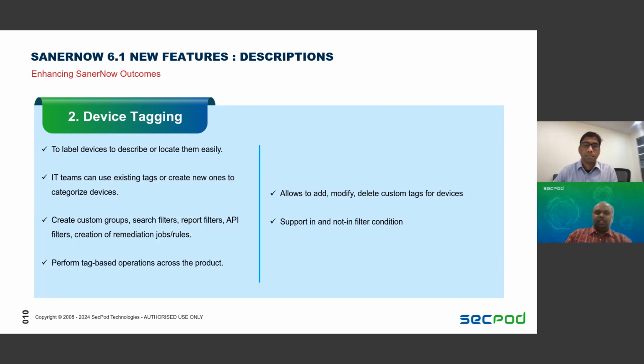So the next capability which we have built is the device tagging. With device tagging, it becomes really easy for you to locate your devices. You can create your own tags, your own custom groups, the search filters. A lot of use cases, wherein, let's say, you want to create a patching job for a set of devices in one part of the location,